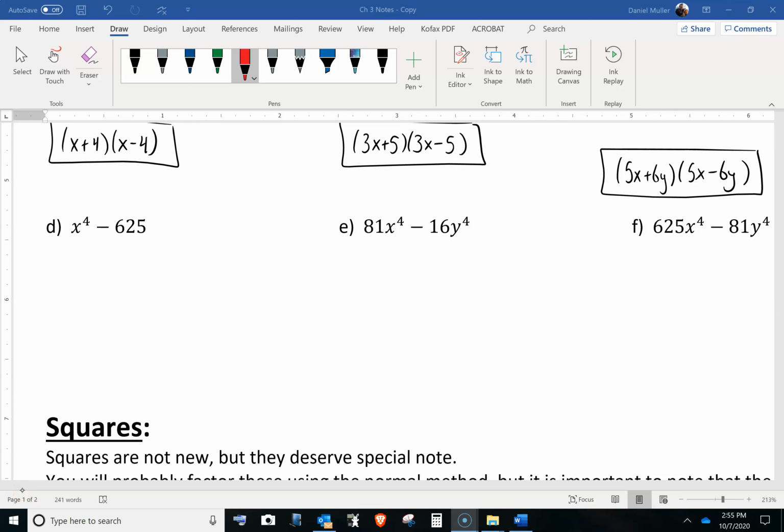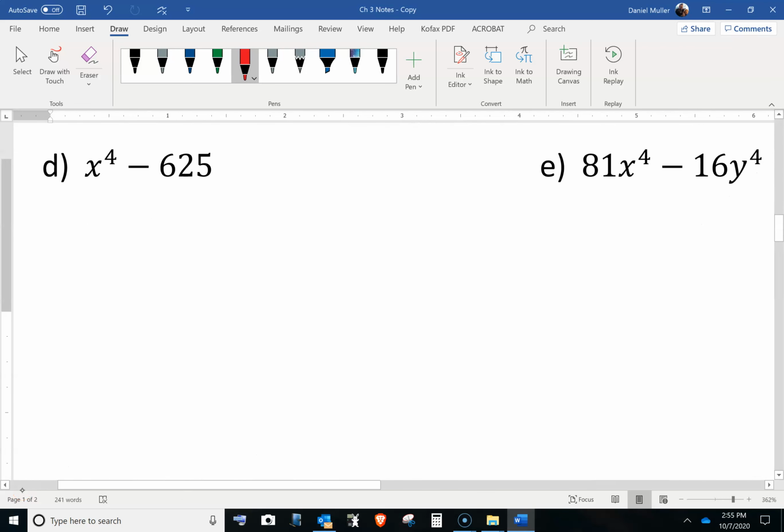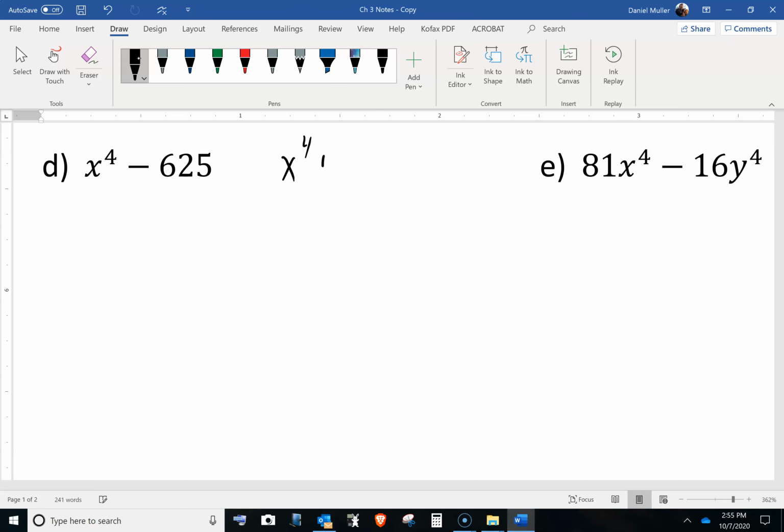Let's continue on here. These I notice immediately, oh, my middle term is gone. I had an x to the 4th, the middle would have been an x squared, so it would have been x to the 4th, 0x squared, minus 625, and then we would have canceled that out. So because I know the middle term is gone,